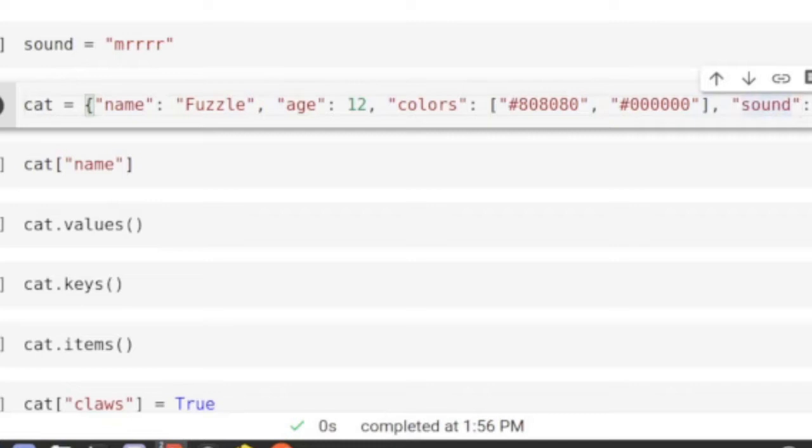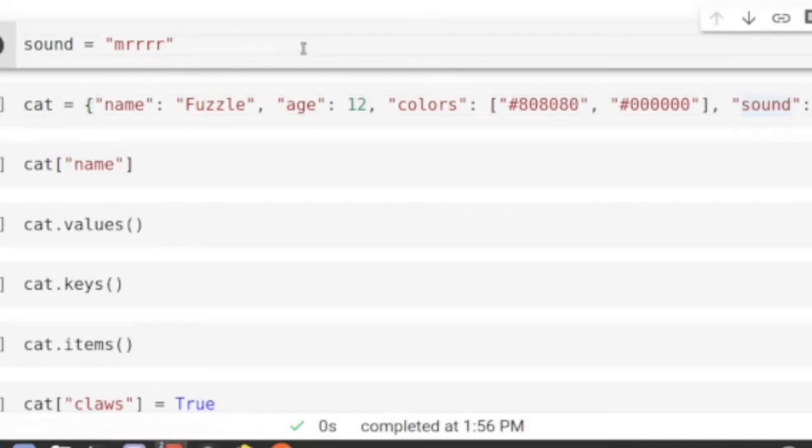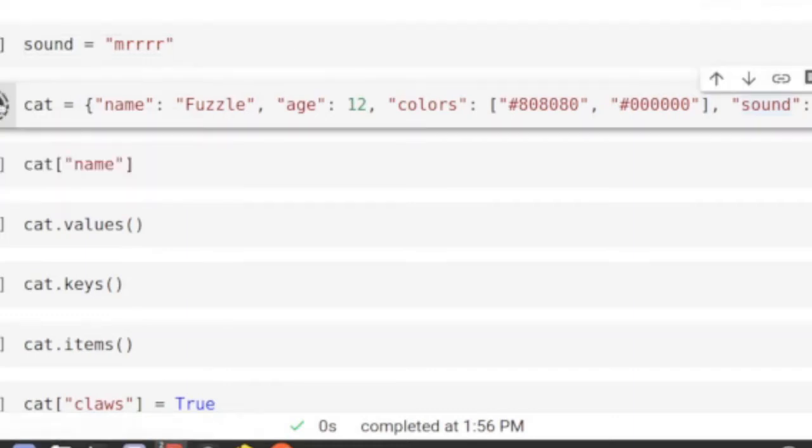The value is the variable sound that we declared above. This example is based on my friend's cat, Fuzzle, who makes a very cute murring sound. So we want to run that in Colab,